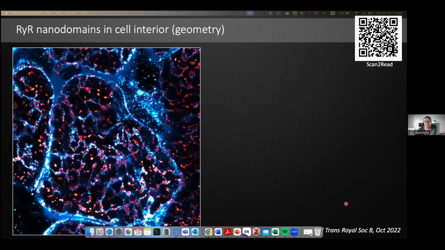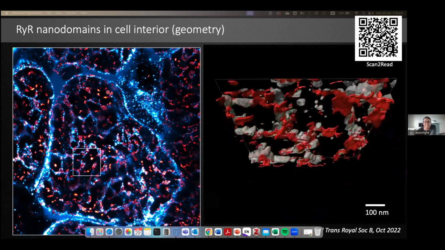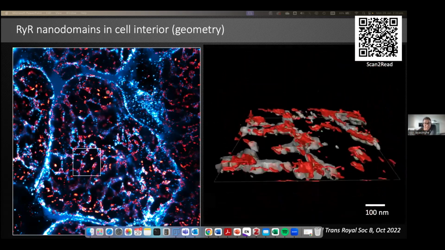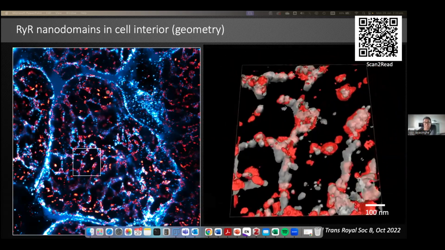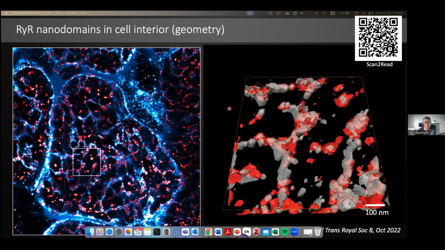What makes expansion microscopy exciting also is that it is a 3D imaging method. So what you can also do is apply the same techniques to tissue sections. So this is a cardiac muscle tissue section, a cell section in cross section, and the red hot shows ryanodine receptors, and you can start to reconstruct how those clusters may be wrapping around those membrane tubes that we mentioned, and that was really satisfying to get to that kind of 3D visualization